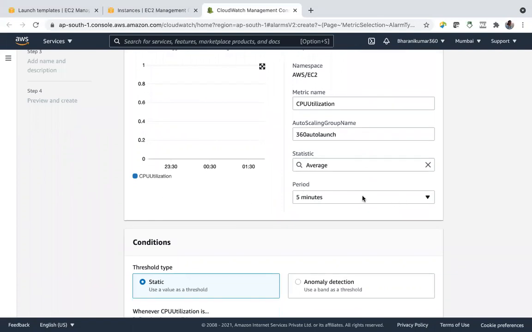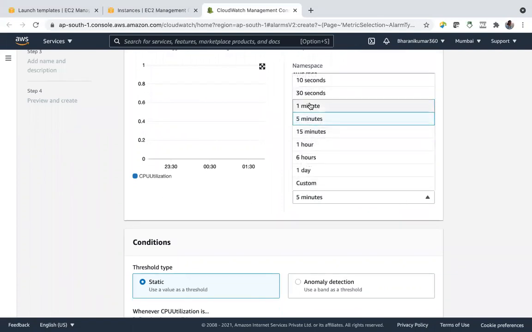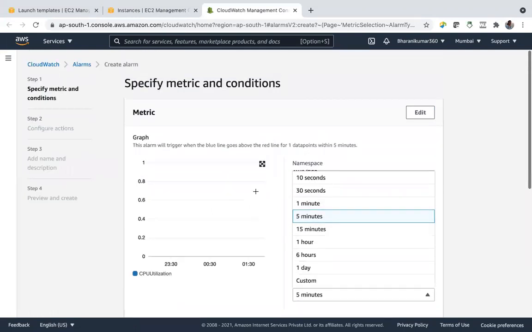And then time period is 5 minutes. You can reduce it to 1 minute, but 5 minutes is a default one. If you reduce the time, there will be additional charge. But anyway, when you're using for less amount of time, if you have your alarm, if you don't delete it, then it might get charged. Otherwise, no. If you use 5 minutes, you can leave it also, no problem. If you are choosing 1 minute, 30 or 10 seconds window, it's not in free charge, free trial. By default, cloud monitoring is there for every service and it's free if the window is in 5 minutes.